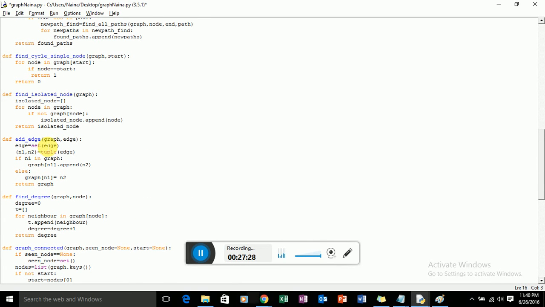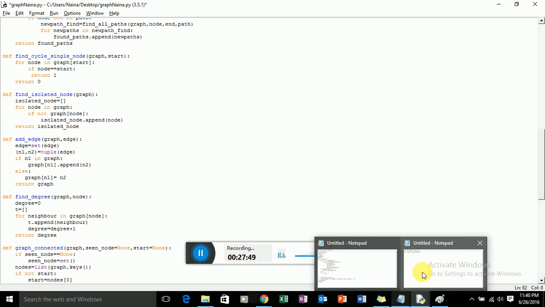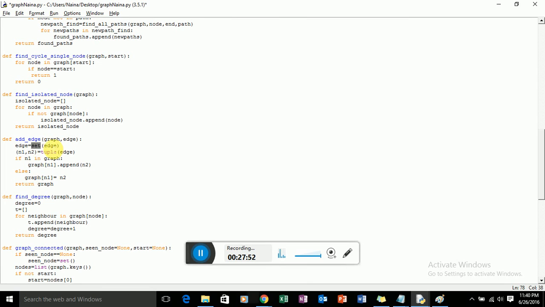Here I am using set. Whatever you have passed, that will come as an edge. I'm taking another variable, edge, and I'm using the function set. How does set work? If you don't want duplicates in your list, then you will use set. So basically, if I want an edge between node A and E,